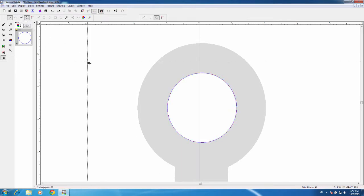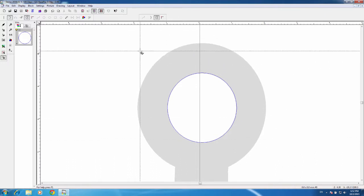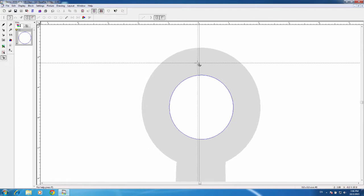I'm going to deselect that, and we're going to start drawing the outside of this anchor. In order to do that, we need to turn the Insert Overwrite tool back on. I'm going to left click on that. We are not going to use the closed curve, so I'm just going to left click on that to deselect it. On the left hand side here, I do have the option to go between straight point and curve point. When I make a left click, that'll give me a curve because I am selected on it,